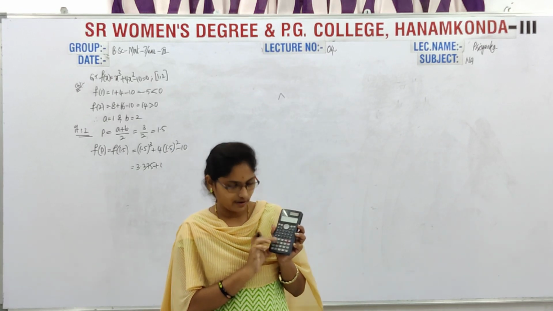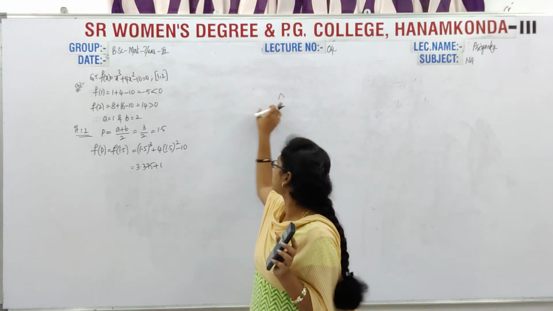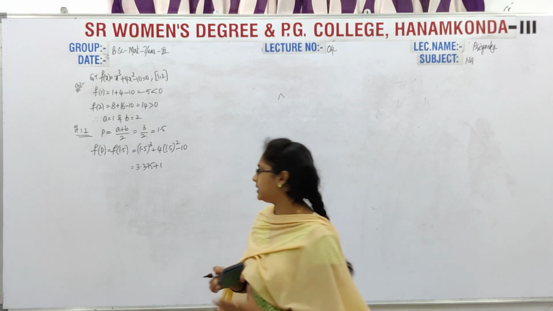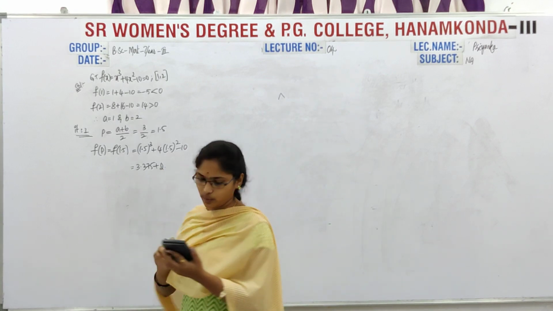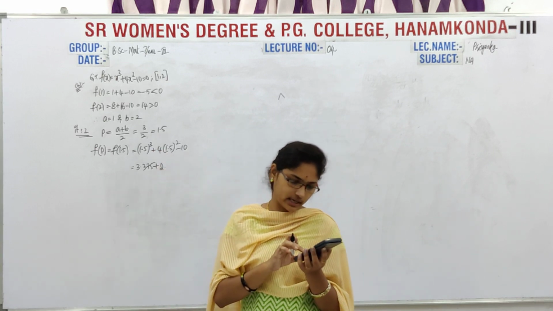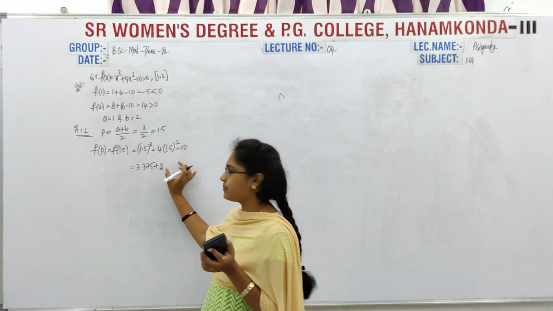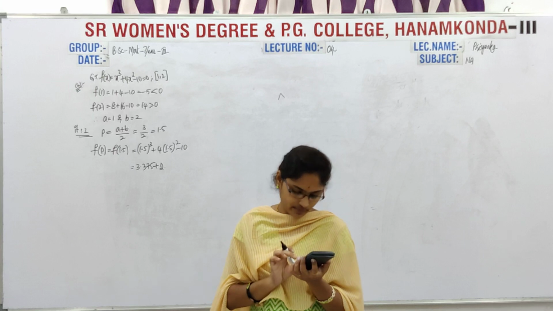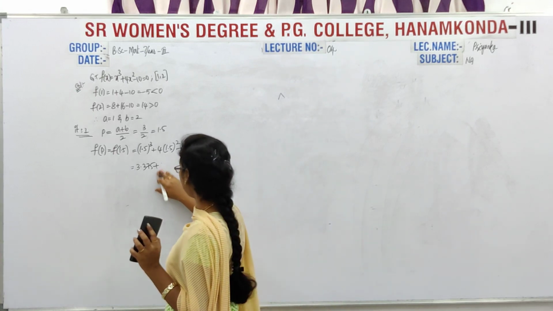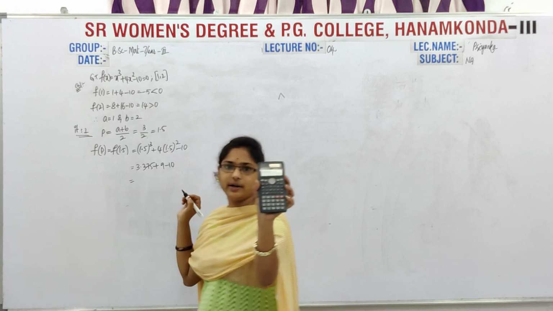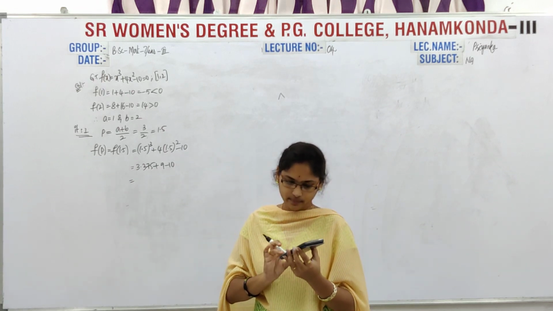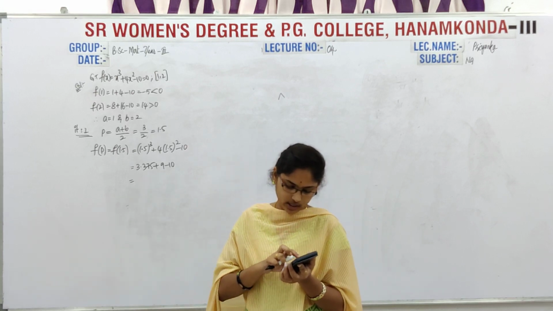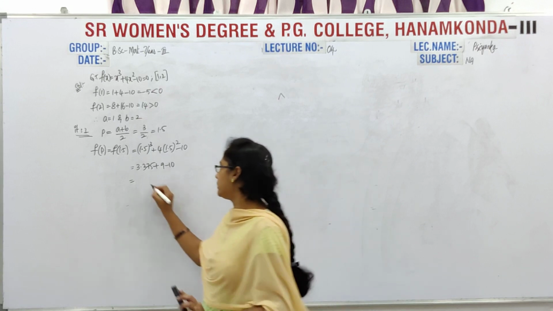Again 1.5, same power button and a square. Without brackets also we can calculate. So now it is 2.25, again into 4. Don't calculate everything directly; step by step you can, so at a time don't calculate all this. Now 4 into 1.5 whole squared is equal to 9, minus 10. Already we have 9, so minus 10 gives minus 1, and here plus 3.375, which is nothing but 2.375.